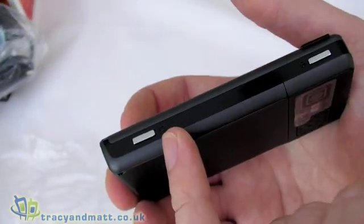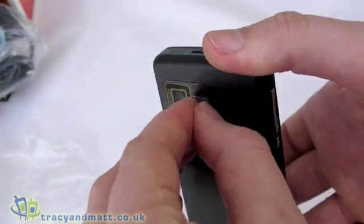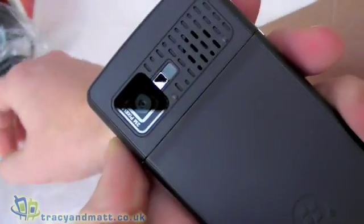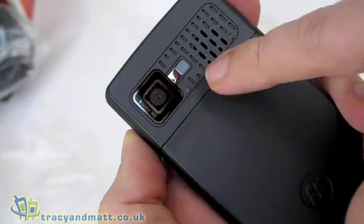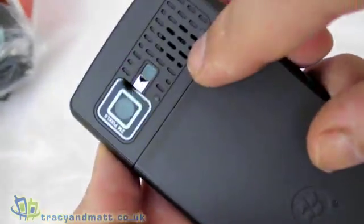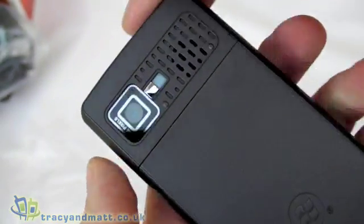And then a dedicated camera button at the bottom. On the back we have a 2 megapixel camera. If we just take the cover off, as you can see there, 2 megapixel camera, little mirror for being able to take pictures of yourself, and what looks like a mobile light or flash style thing there. Quite a large grill over what looks to be quite a large loudspeaker there as well,